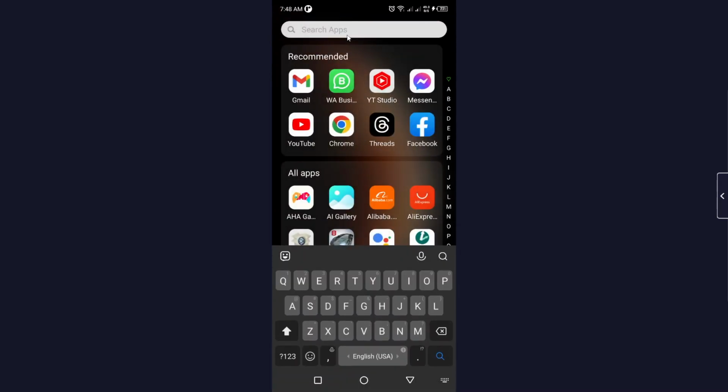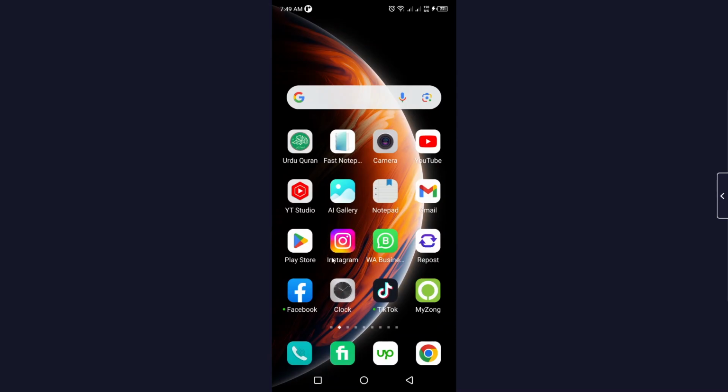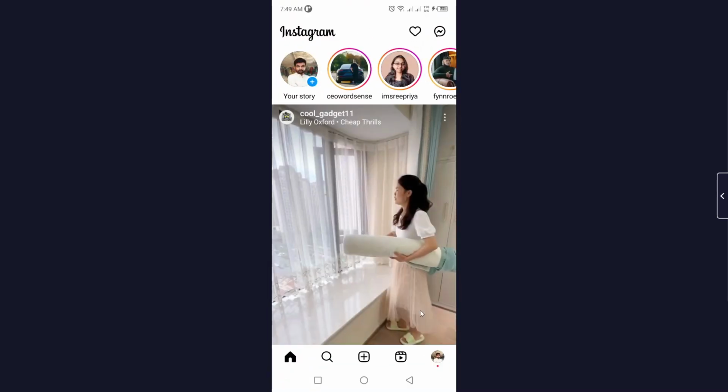The first step you simply need to do is to hold the Threads app, and here you can see an option to uninstall. Basically, it will remove the app from your smartphone. Once you've done that, you need to go back and open the Instagram application and click on your